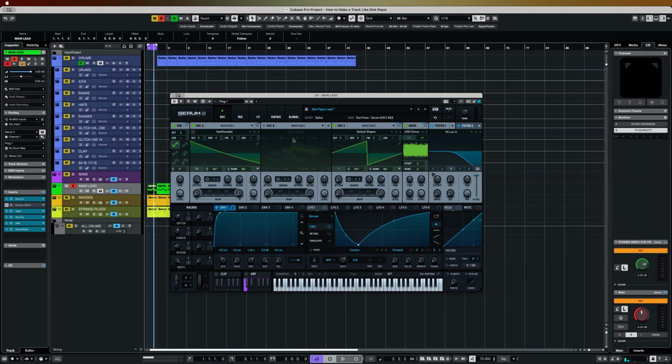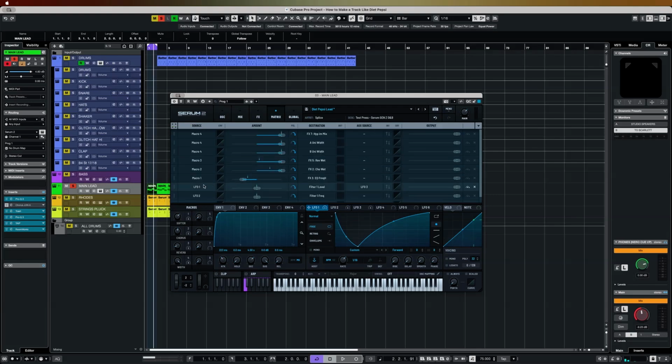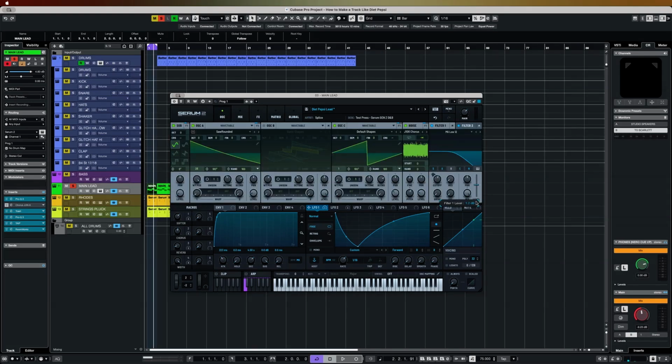And I added some modulation, and I used LFOs for this. I can take a quick look at the modulation I added by jumping into the matrix, and you'll see that LFO 1 is adjusting filter 1 level, and filter 1 level is this volume here on the output of that filter, and everything comes through filter 1, the sub, the oscillators and the noise. So essentially